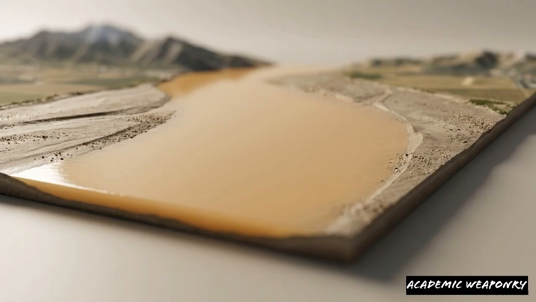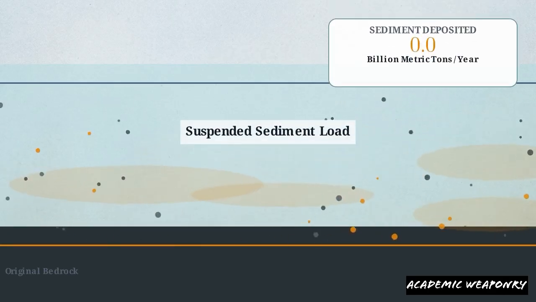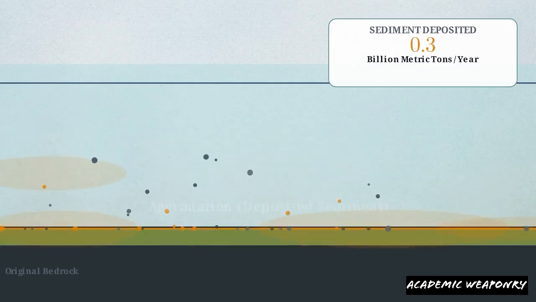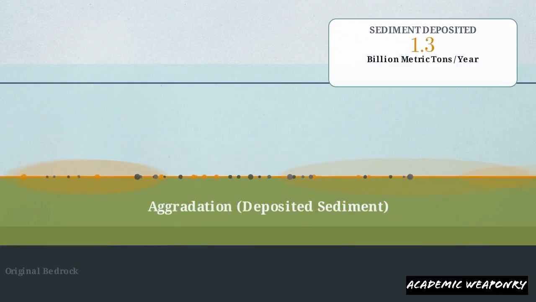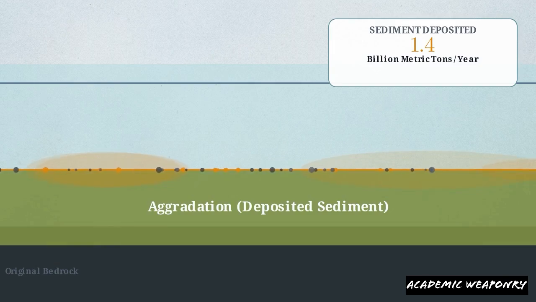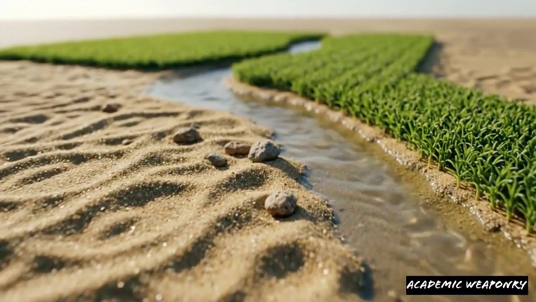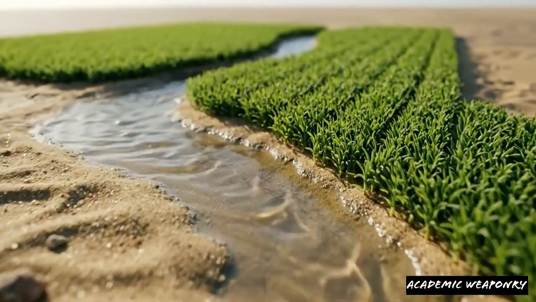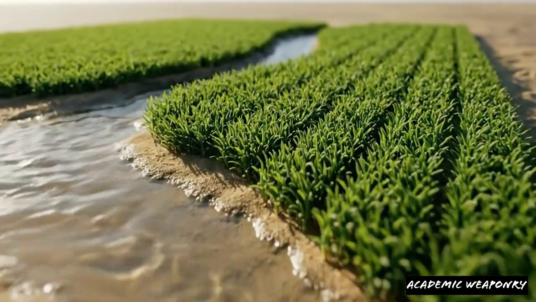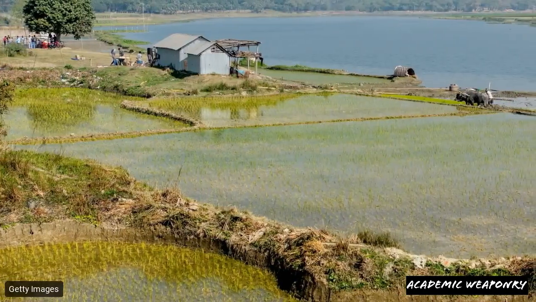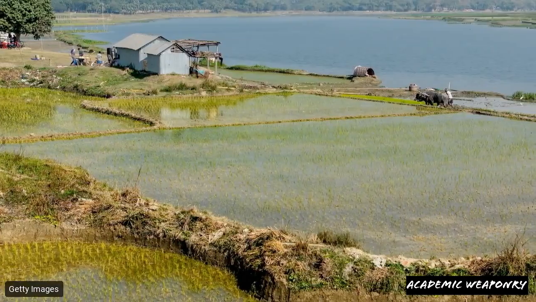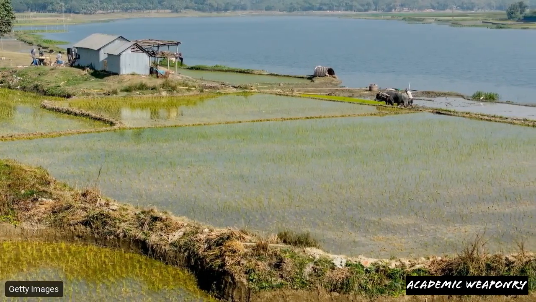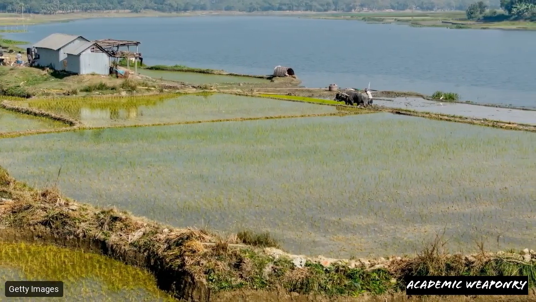Because of this shallow gradient, the water loses its downward momentum. As the current slows, the river is forced to drop its massive suspended sediment load, averaging 1.4 billion metric tons every single year. Over thousands of years, this continuous, heavy deposition of silt and sand physically built the thick, fertile soils of the Indo-Gangetic Plain. Millennia of sediment deposition and the river's specific geological mechanics physically engineered the North Indian landscape from the ground up.